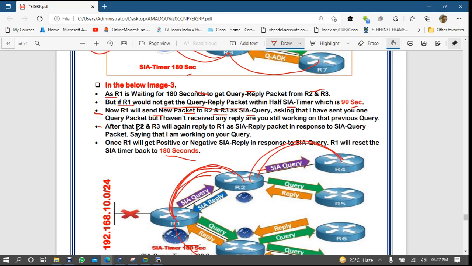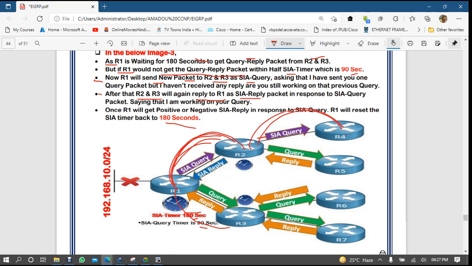After that R2 and R3 will again reply to R1 as SIA reply. SIA reply means yes, I am working on your query, please wait, in response to the SIA query. Once R1 gets a positive or negative SIA reply, meaning yes, I'm working on your SIA query, whether negative or positive, in response to the SIA query,